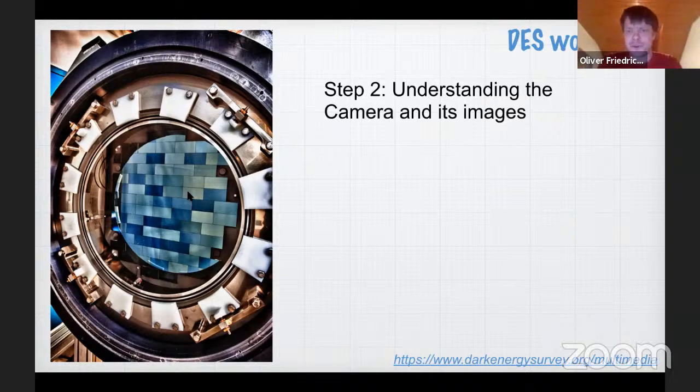And in order to interpret the images that you then take with this camera, you really have to understand the different properties of these chips. So, for example, the sensitivity of the camera towards light will really vary from chip to chip. Within each chip, there will be, say, pixels that are broken. There are really subtle effects, like if there is a lot of light coming into one pixel